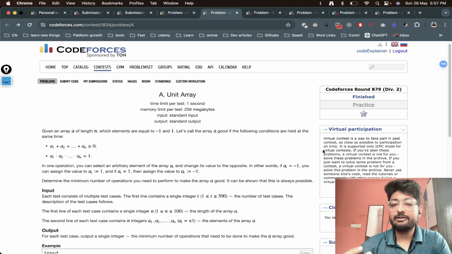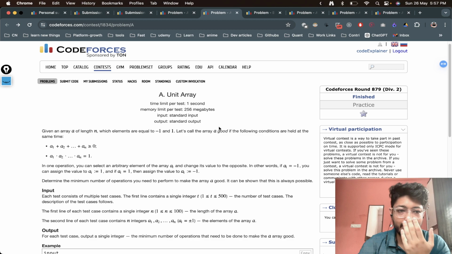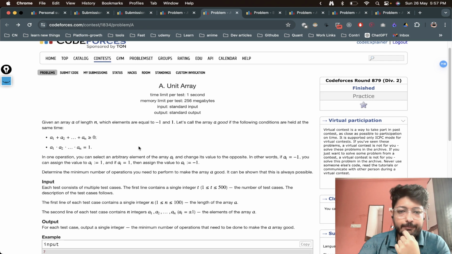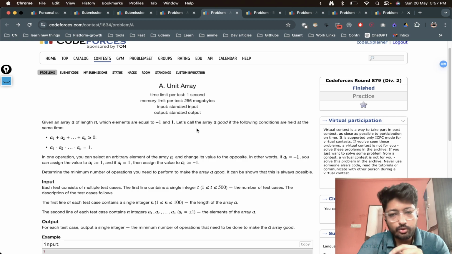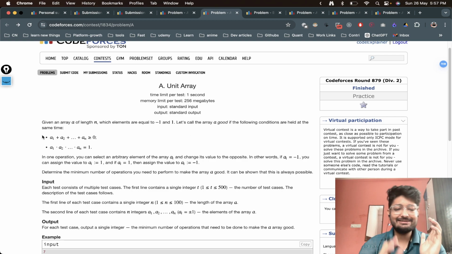Hello everyone. So in this problem, let us talk about a Codeforces problem named Unit Array. You're given an array A of length n, which has elements -1 and 1. Now let us call an array good if it follows the given condition that the sum of all the